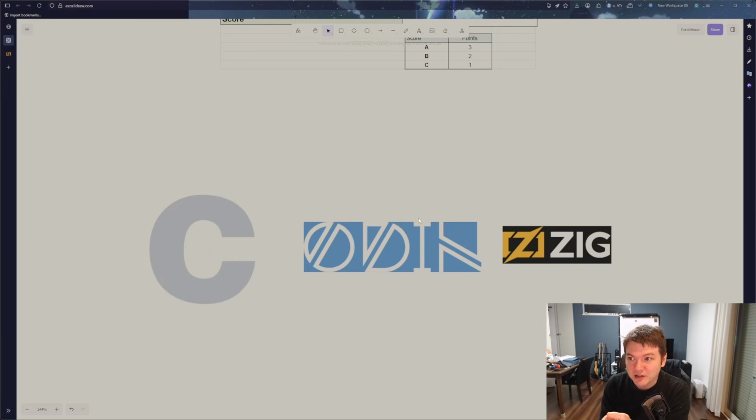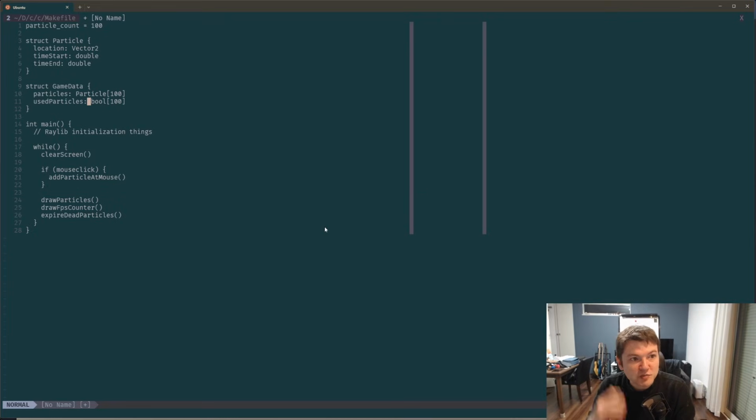So the program that I'm going to show is very simple. We're going to show an FPS counter, and when the user clicks somewhere in the application, spawn a little red dot at the clicked location, and then we fade it out over time, over a couple seconds. The code structure is pretty simple. This is the pseudocode, but we have a couple of structs and we have a game loop. The structs are for the particles, and then the game loop is we clear the screen, we do things whenever the user clicks somewhere, and then we draw stuff that we need,